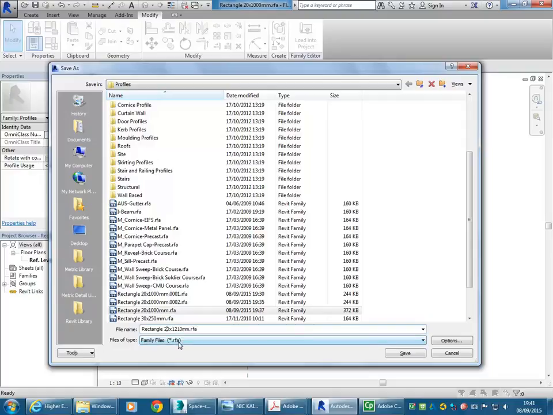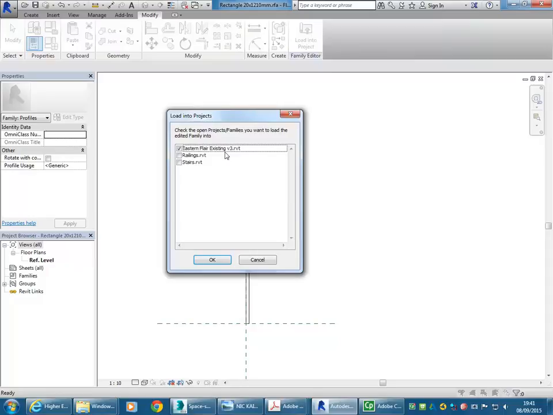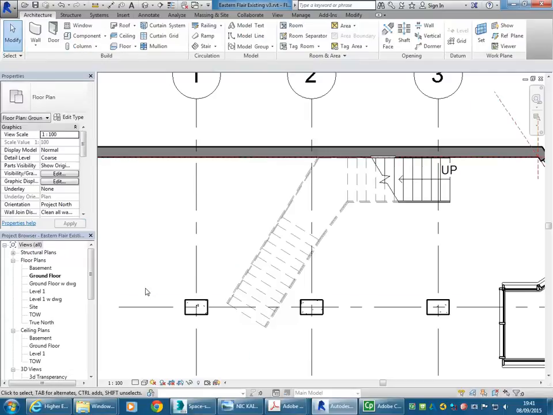Now, if you're wondering if it's possible to make a rectangle that you can set to be any size, you definitely can. So using parameters, you can do that in Revit, but try this way first, and then we'll go more into parameters gradually. So again, now I've got the new file saved with the new size, and I can use load into project just to load that again into my project file,